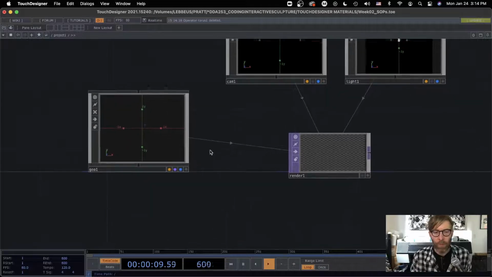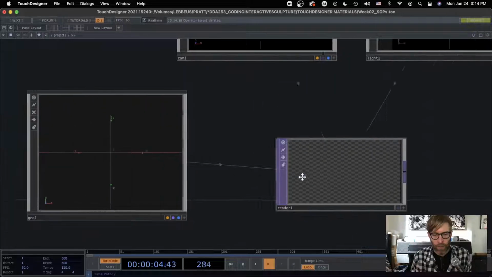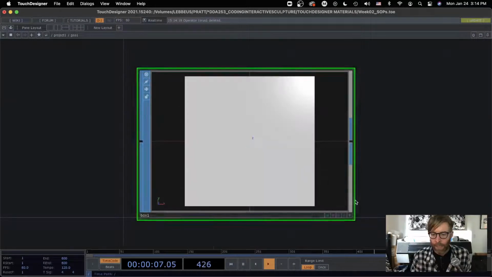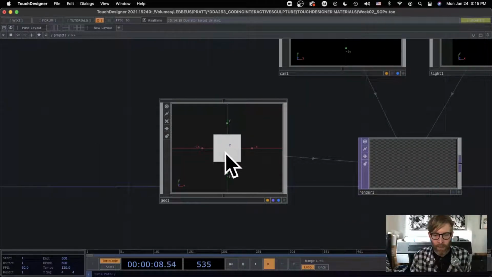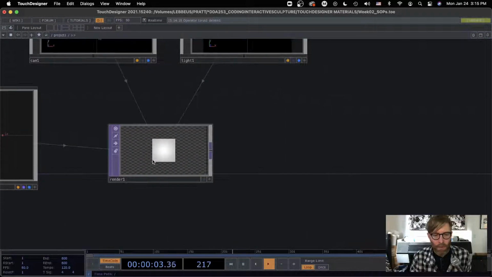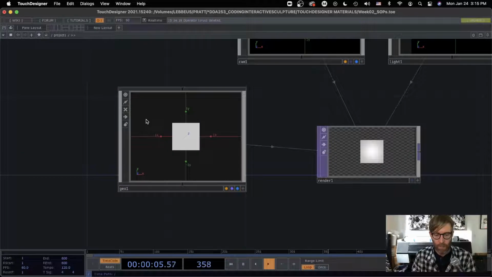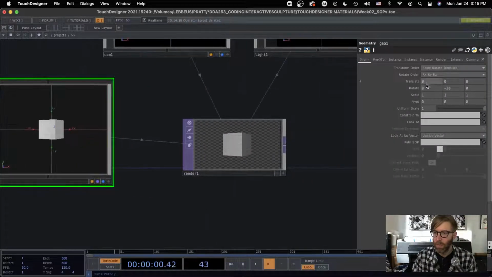But one more problem, my box SOP is inside here, but it's not showing up anymore. What's the problem? That's because we need to turn on two flags, this display flag and render flag. So display, let me just turn this on. Display flag causes it to be displayed in the geo, and the render flag allows it to be rendered. Cool, okay. And let me do this again. I'll rotate. Okay,